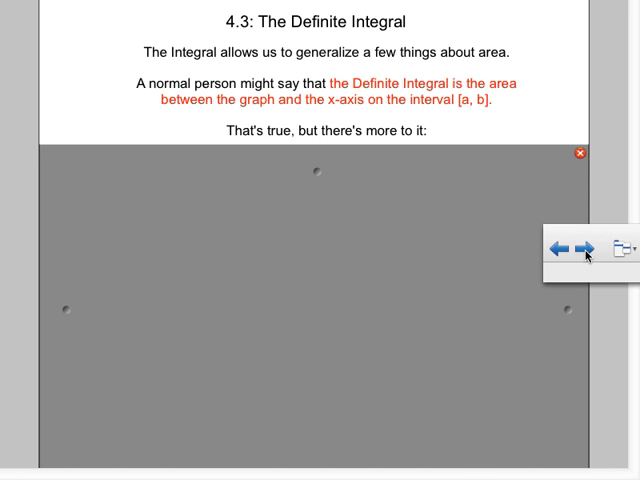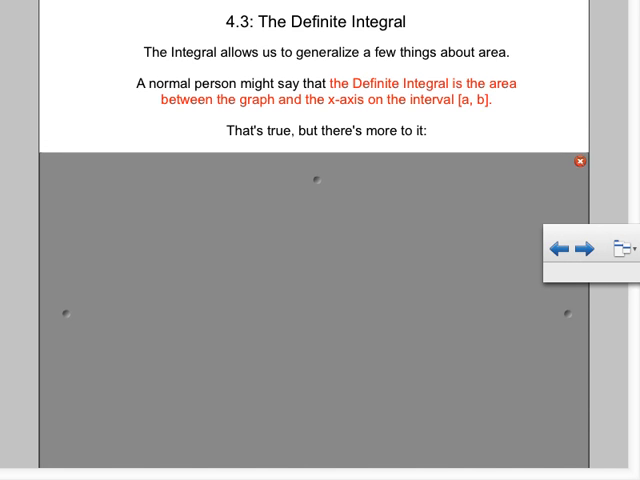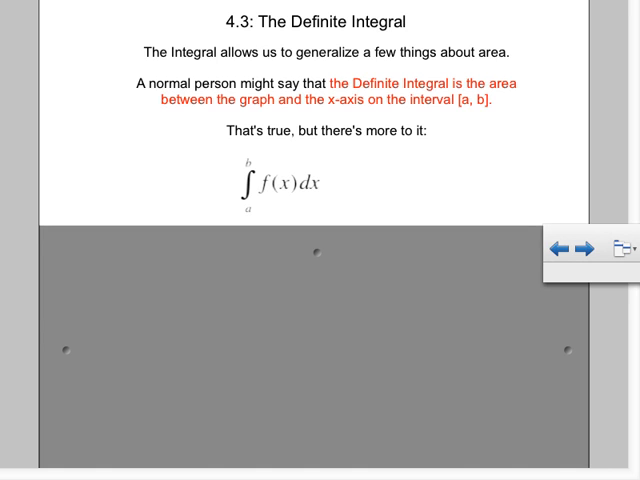A normal person might say that the definite integral is the area between the graph and the x-axis on the interval a to b, which we've already pointed out, we've already discussed. That's true, but there's slightly more to it. So on this page, could I have you guys write down the integral from a to b of f of x dx real quick, just above this little graph,